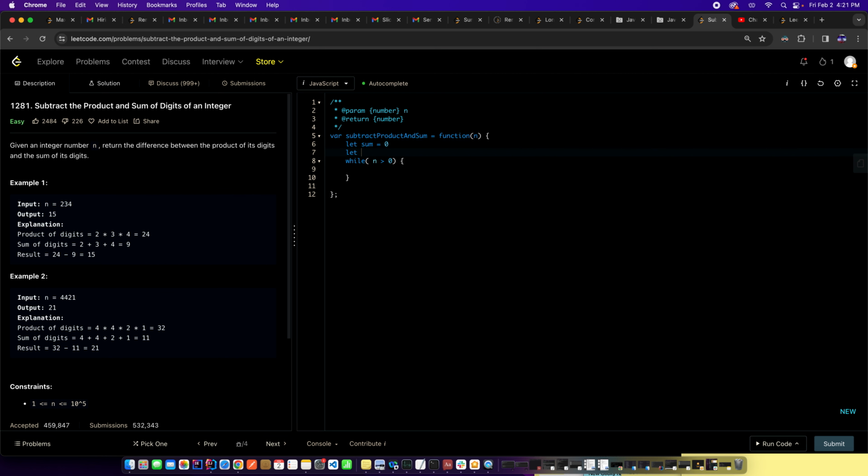Okay, so then we also need two variables, one for sum, which starts at 0, right? And then a product, which should start at 1, because when you multiply by 0, you're always going to get 0. So for multiplication, you start at 1. For summation, you start at 0. So here, what you need to do is we get a digit. So let digit is equal to n